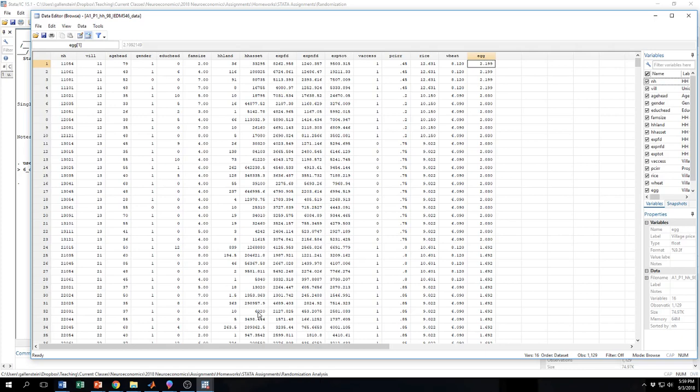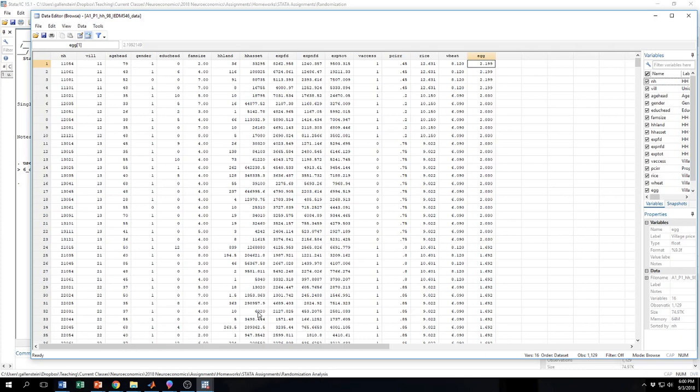What we will do is use this information to randomly assign each household to either the treatment group or the control group, where the treatment group will go on to receive a microfinance loan and the control group will not receive a microfinance loan. And as long as these are randomly assigned, we will be able to compare them and look at the impact of the microfinance program on our